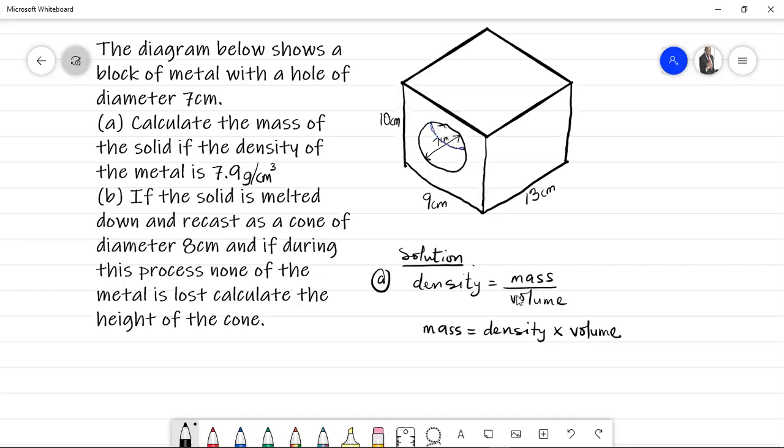But something is missing for us to find this mass. The density is given in the question, 7.9 grams per centimeter cubed, but the volume is not given. So we have to find the volume. Very important, we must find the volume. Okay? Now, to find volume,